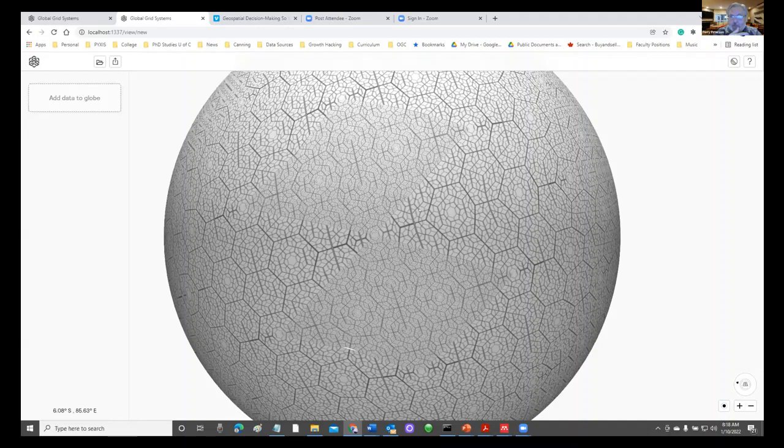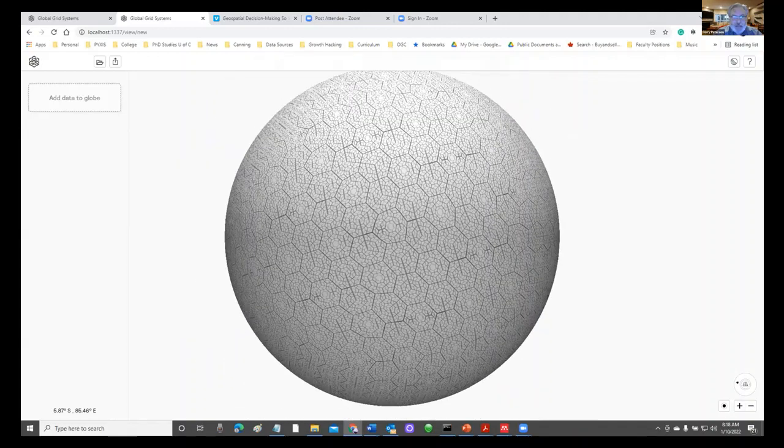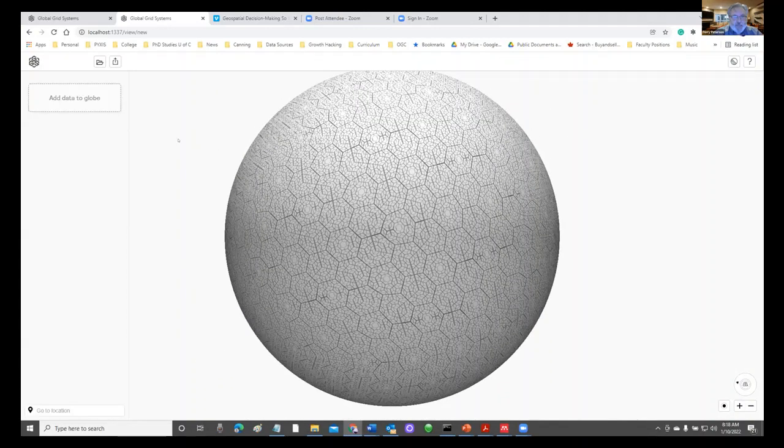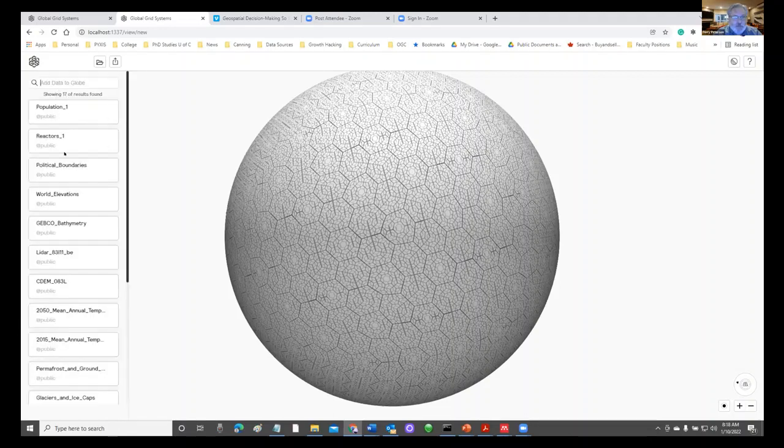So as an example, I'm going to bring some data into this discrete global grid, this ICEA 3H global grid, so that you have an idea of how that can happen. In the application here, we can connect to a variety of services, service connections to RESTful services, to Earth observation data, to statistical, spatial data, local data that you might have. And I'm just going to have a little bit of a choice here.